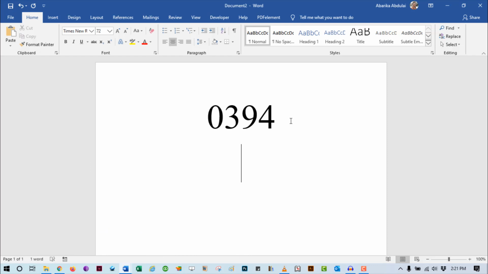in Microsoft Word, first place the insertion pointer where you want to insert the symbol. Then type the Alt code for the symbol you want to type. The delta symbol Alt code is 0394. After typing the code, press Alt plus X at the same time. As soon as you press these keys, the code will immediately convert to the delta symbol.